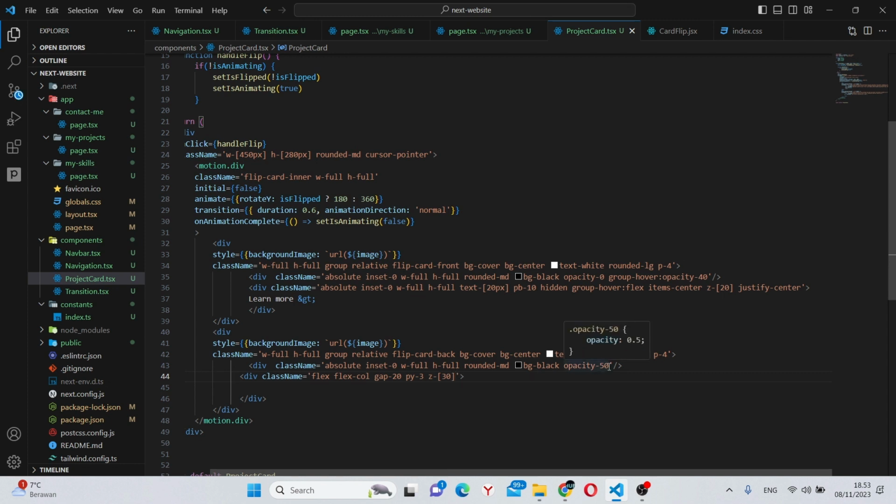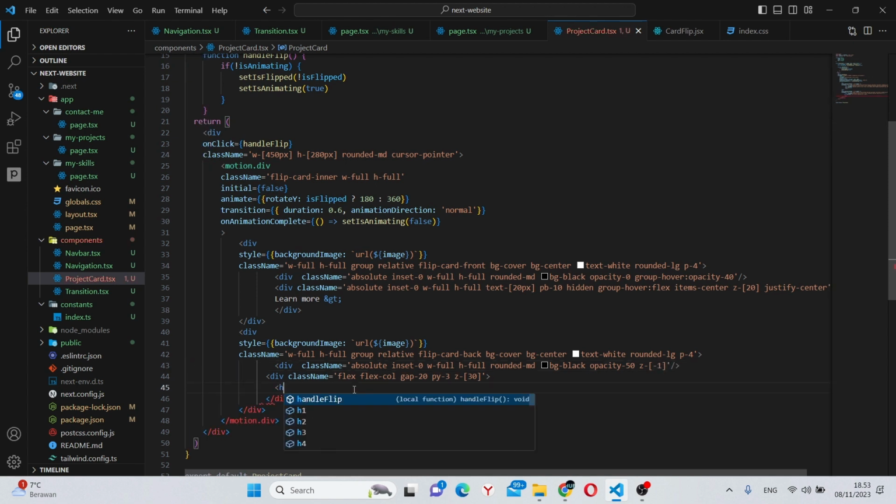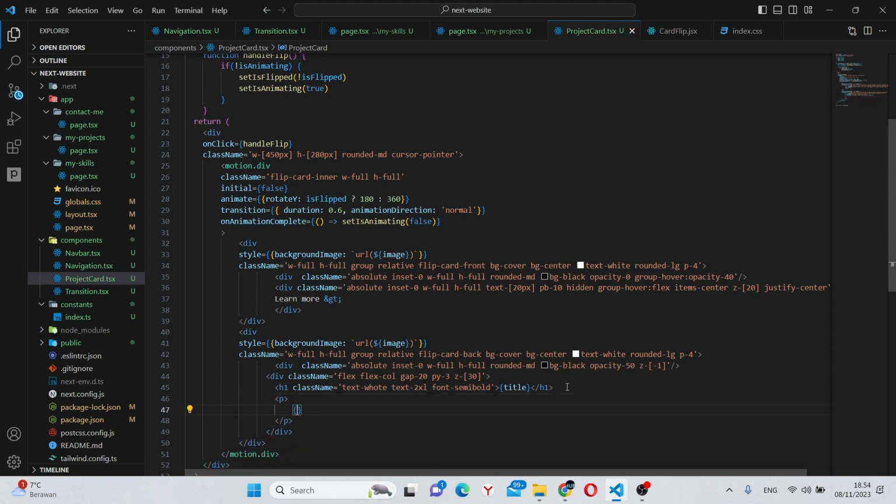Also, I forgot this should say z-1. This first of all is going to have an h1 which will say the title. And it's going to have a class name. This class name is going to be text-white, text-2xl, font-semi-bold. Under here we can have a p tag which will say text, and it's going to have a class